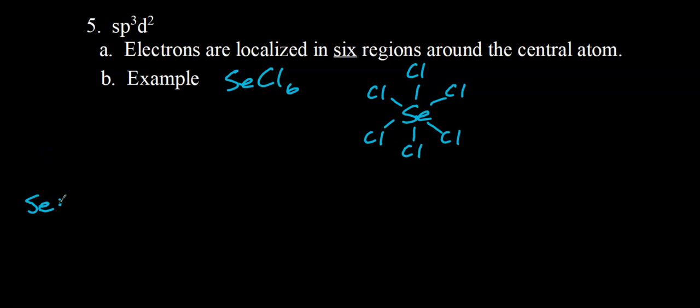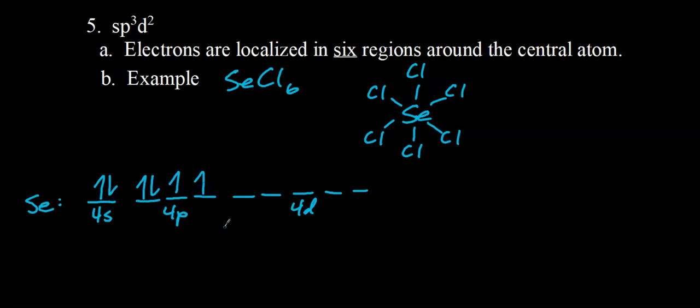So like phosphorus, selenium has its valence electrons in an energy level higher than the 2nd energy level. There are no d orbitals in the 2nd or 1st energy level. In this case, we're in the 4th energy level. Selenium has 6 valence electrons. No electrons in the 4d. Has electrons in 3d, but that's not in the valence shell. 4d. And so this time, the s orbital is going to combine with all 3p orbitals and 2 of the